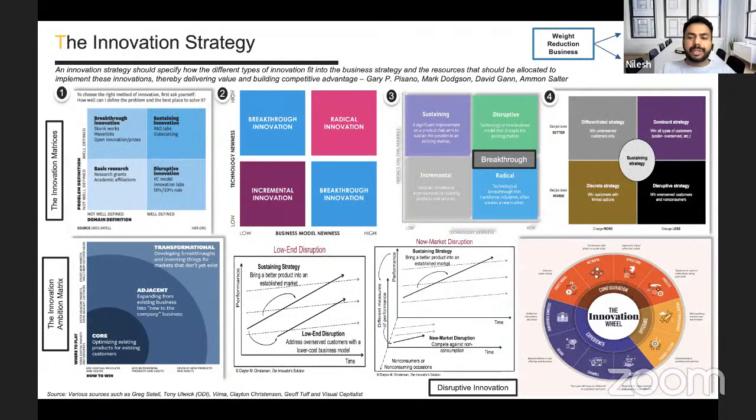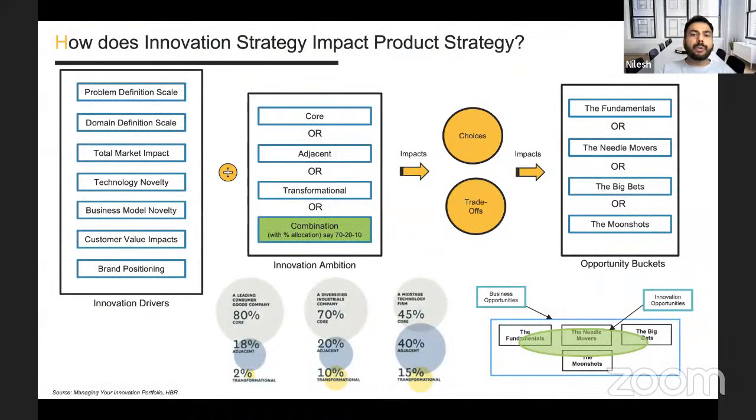There is something called innovation strategy, but I'm thinking that I'll just skip this part for now. I just wanted to highlight here how your innovation strategy impacts product strategy. So you will have multiple business opportunities. If you look at the right bottom column, you will have something called business opportunities that goes across the buckets that we discussed in the telescope: the fundamentals, which ensure that you are at least at the same level; the needle movers, which will take you to the next immediate goal; the big bets, which is the next set of goals; and moonshots, which is the long-term goal. Now, to solve that, you will have a lot of business opportunities that you get from the business strategy. But what innovation